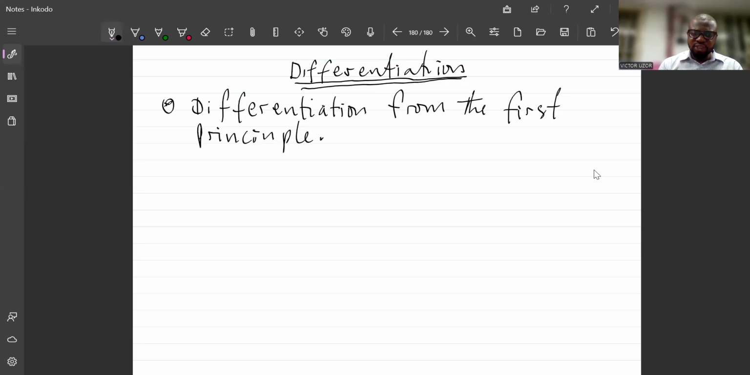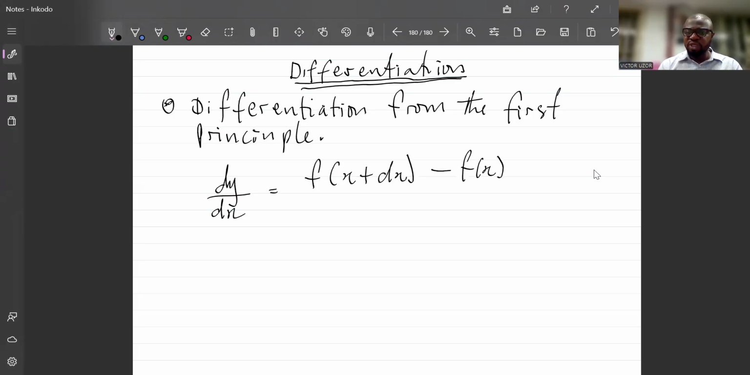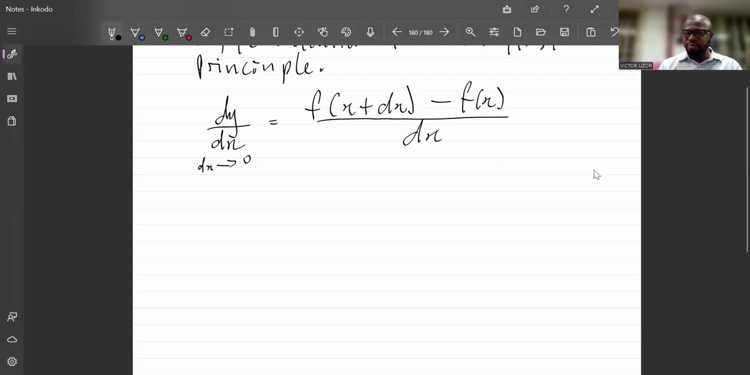The formula is dy over dx is equal to the function of x plus dx minus the function itself, f of x, all over dx, and this is as dx approaches 0. So what do I mean by this? I'm going to show you